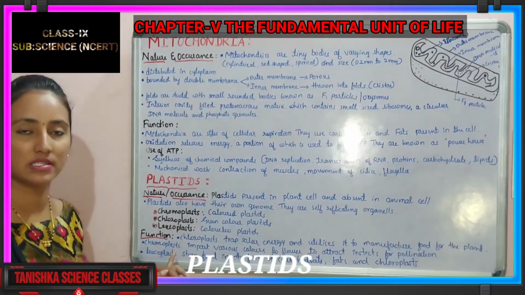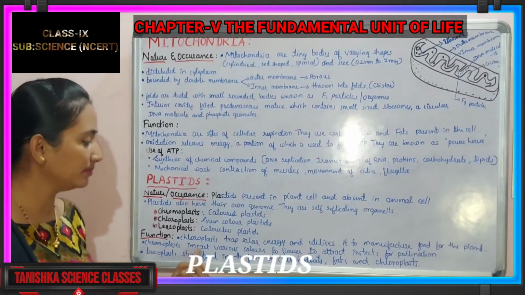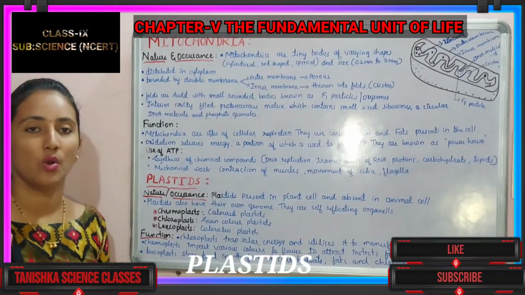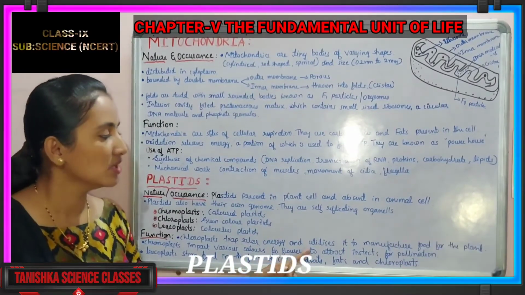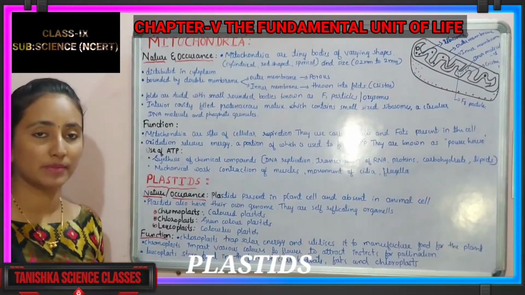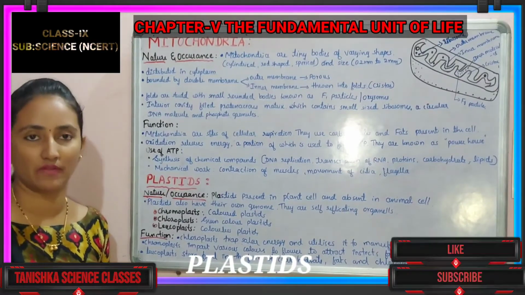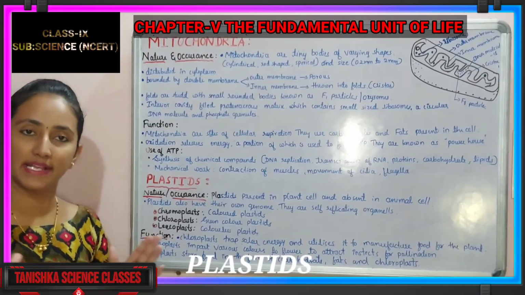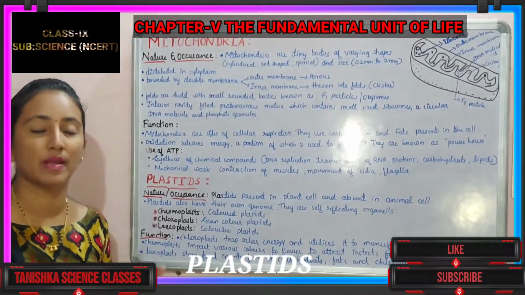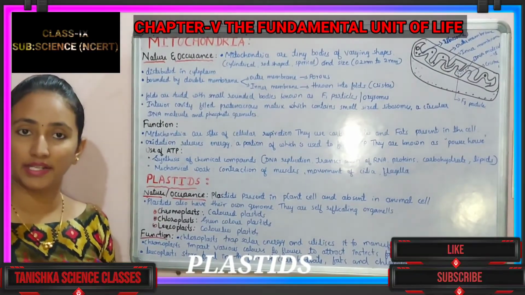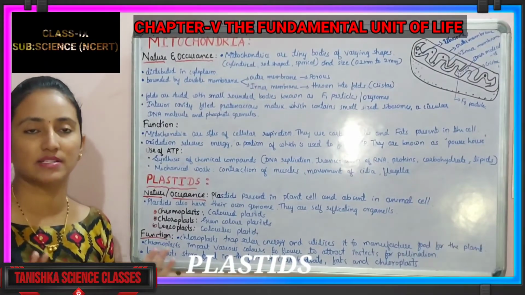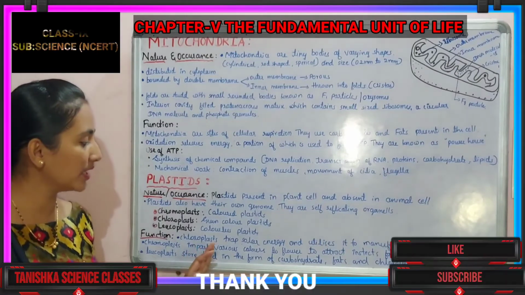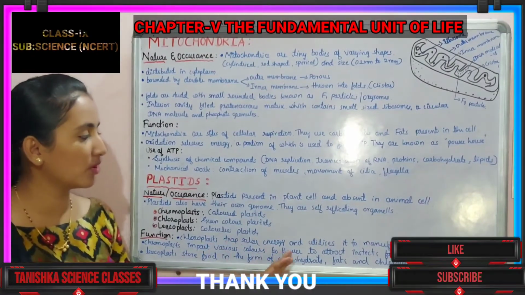Next, the chromoplast. What do chromoplasts do? They are found in flowers of various colors. They help to give the various colors to the flowers. You know the flower is a part of the plant, and flowers are of various colors. Is it right? It may be yellow, brown, red, or white. The various colors we can observe are because of the chromoplast. They help to impart the color to the flower.